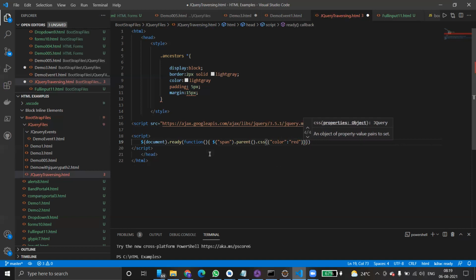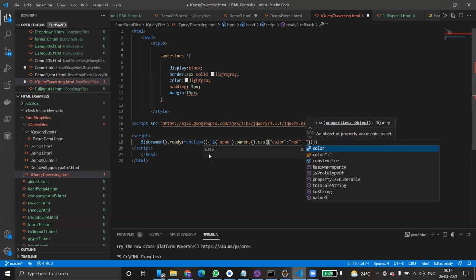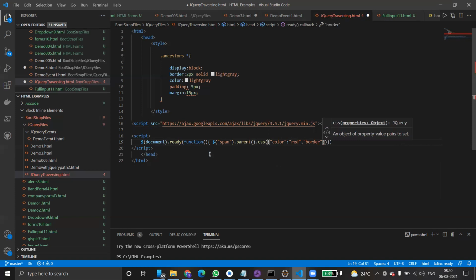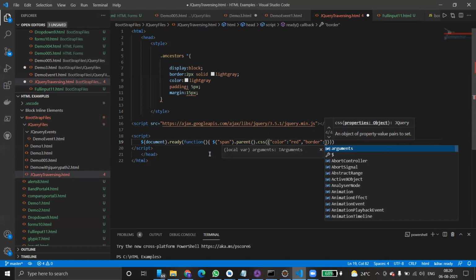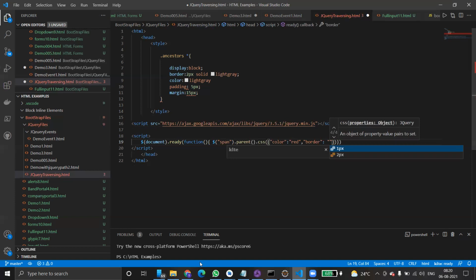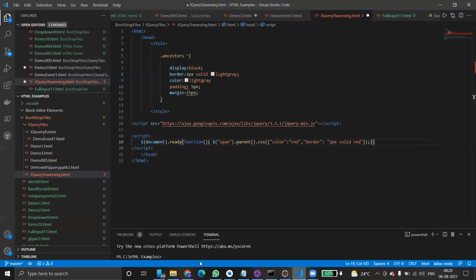So one more property, border, colon, 2 pixel, solid. Then it is done. Semicolon, after this another semicolon. Script is over.